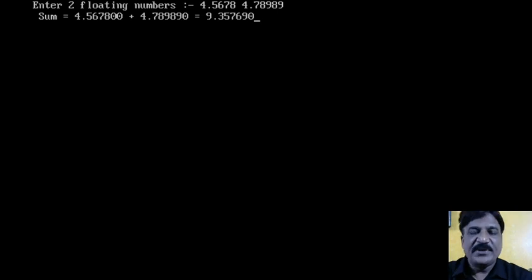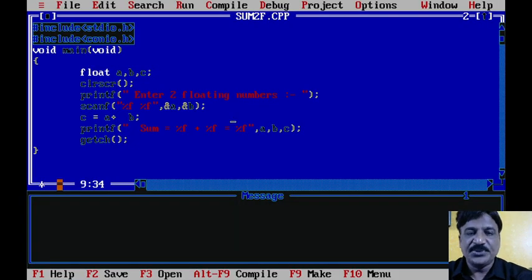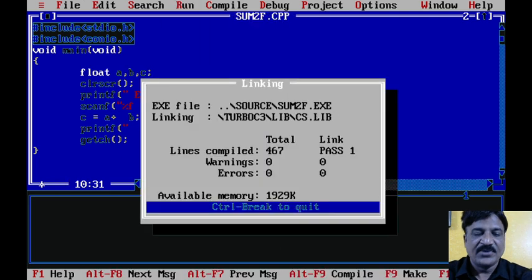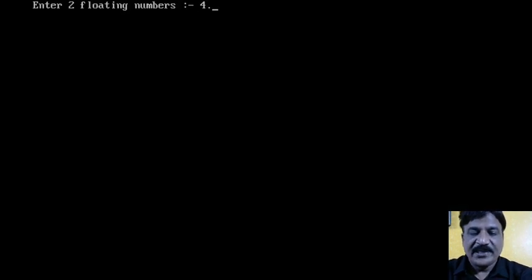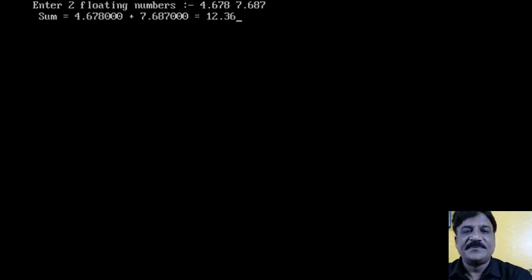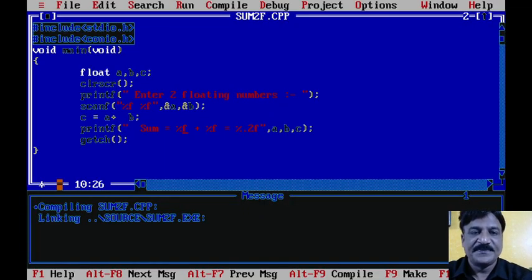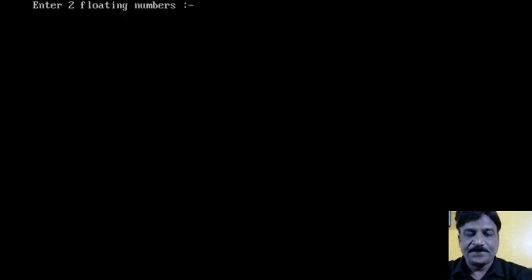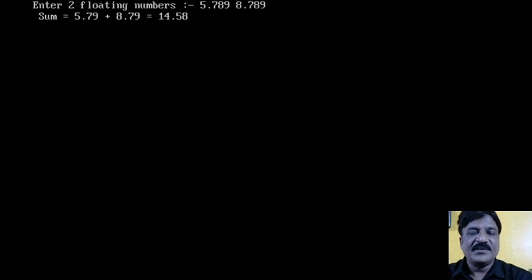Now if I want to print it up to only 2 digits after the decimal, so in that case what do I need to do? Write here %0.2f. Similarly over here also. Okay, let's take it first. What is going to happen? 4 point, okay, similarly 7 point, and now observe. Okay, the result is in what? 2 decimal places. So for that purpose what you need to do? 0.2f. Similarly I am trying over here and let's see what is going to happen. .786, okay, 789, and similarly 8.789. Observe what happened? It has been rounded up.